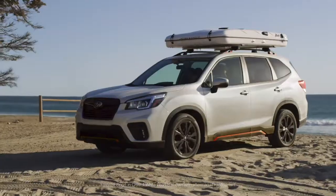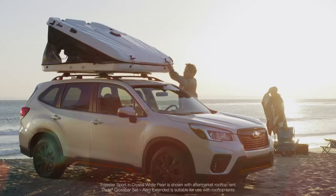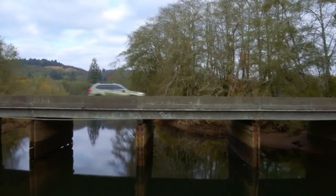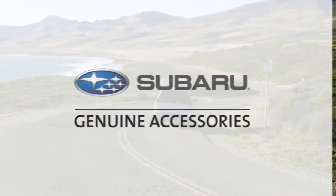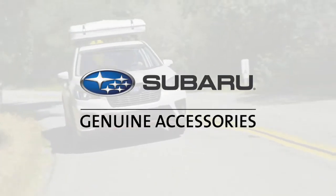Genuine Subaru accessories are designed and engineered to the same rigorous safety standards as the rest of your vehicle. They're backed by the balance of the vehicle's 3-year or 36,000-mile limited warranty, or an original purchaser's limited lifetime warranty for our lifestyle accessories by Thule. Join us now for a closer look at some of the most popular accessories that will help you personalize and